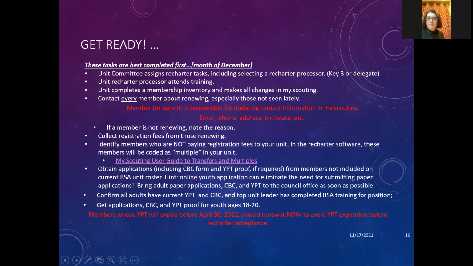You're going to obtain any applications you need, along with background checks and youth protection proofs from members not included in your current My.Scouting BSA roster. Online youth applications can eliminate the need for submitting paper applications along with your charter. However, you do, for Quivira Council, need to bring adult paper applications, their background checks, and their proof of youth protection to the council office as soon as possible. Jan is working really hard to get all of those applications put into the system prior to you guys starting